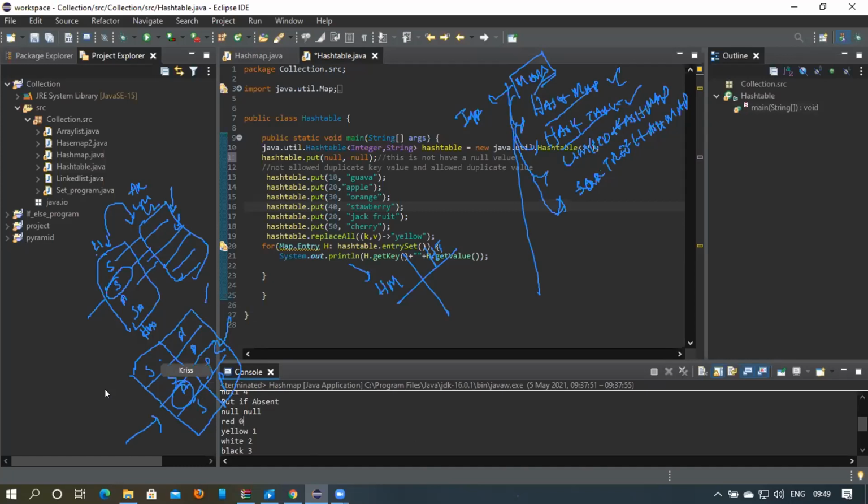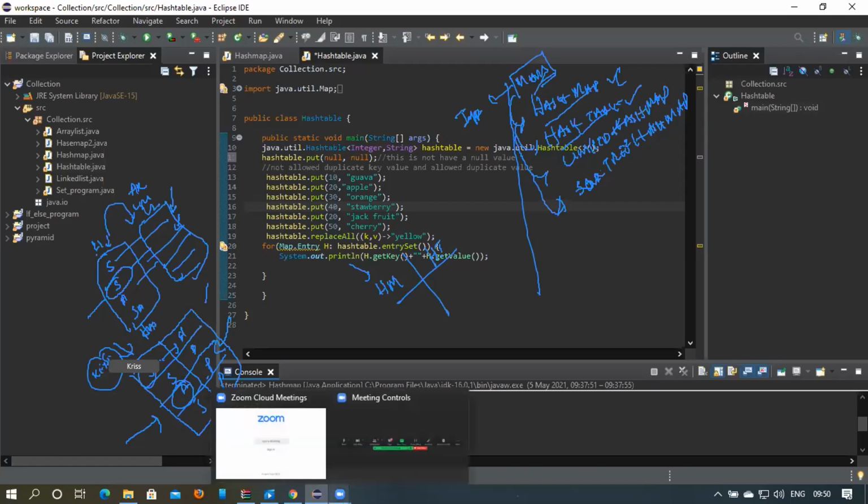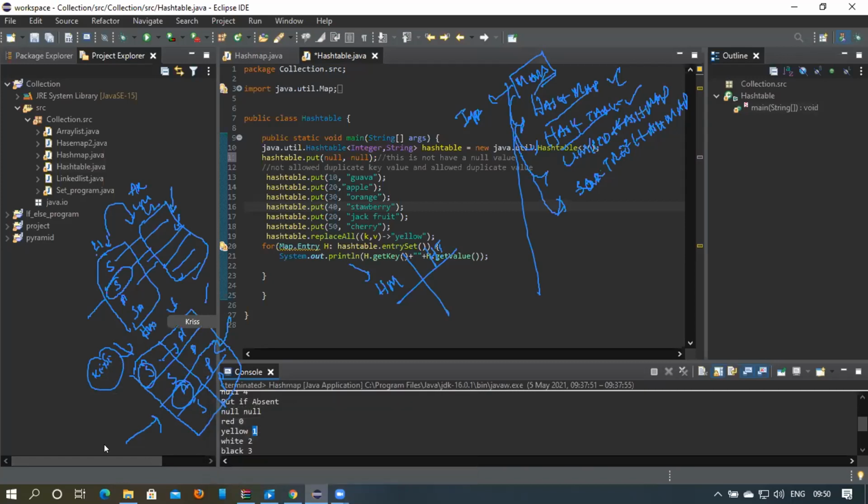So previously I used to call the index and respective values. Now here I'll be having a key so that I can call the values. If I have the method called get method, get key, I'll get all this. So now if I want to get what are the keys available in this particular hash map, we also have that. If I give the key set method, with the help of key set, I'll get what all keys are present in this one. And if you want to have the values, I have the direct values method, I'll get all the values of this particular hash table. So this is how the hash table was designed.